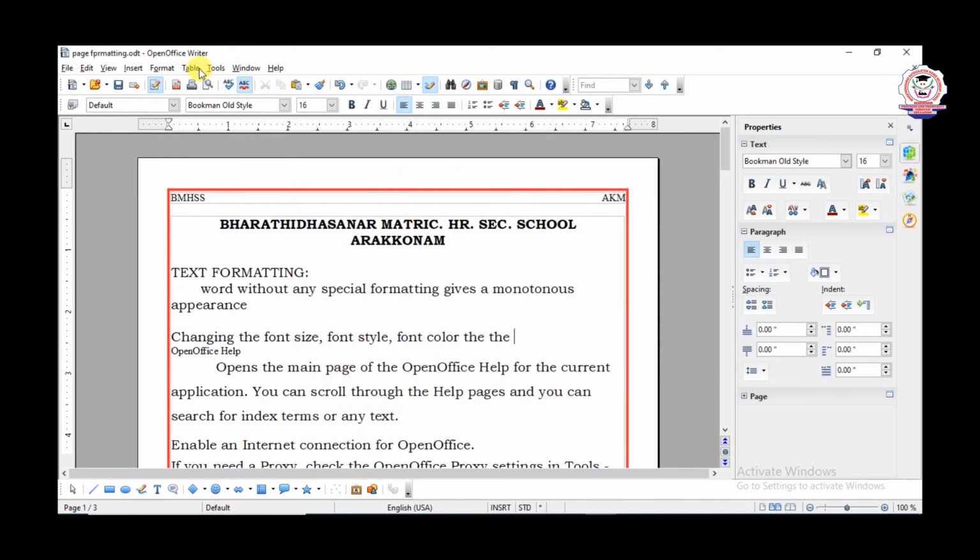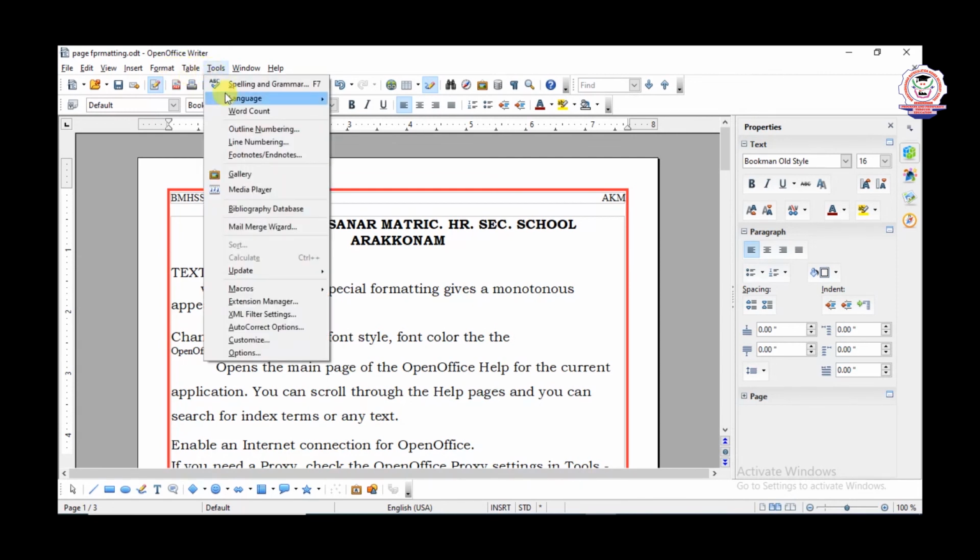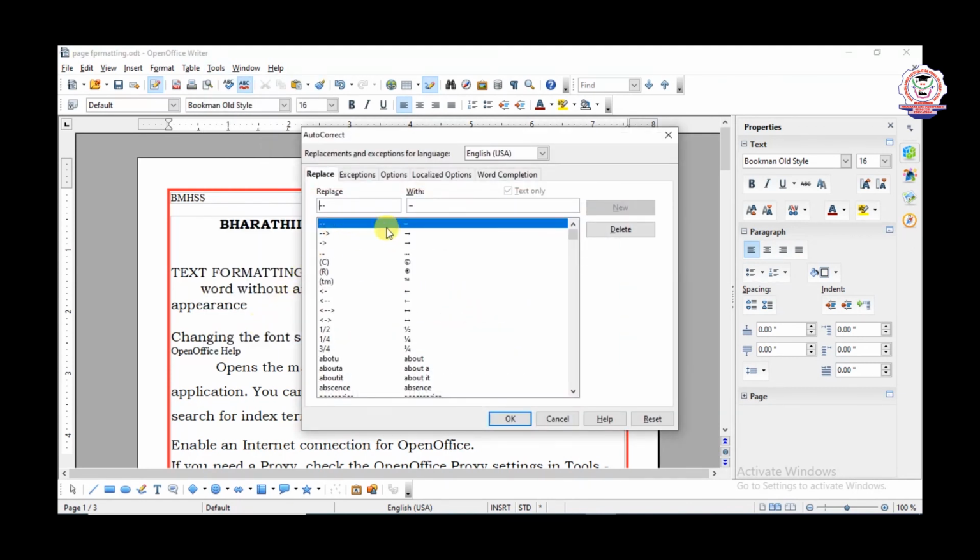How do we open the AutoCorrect dialog box? Tools, AutoCorrect option. In that option, the dialog box appears on the screen, and then we can add a new word.